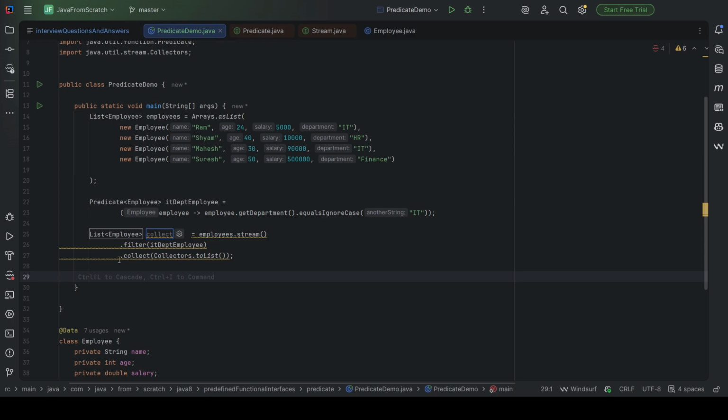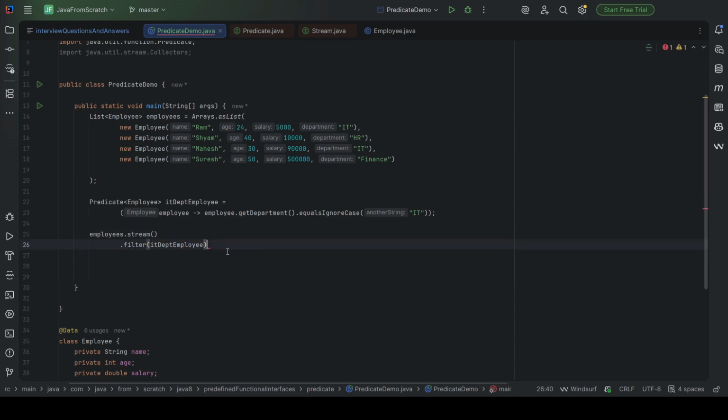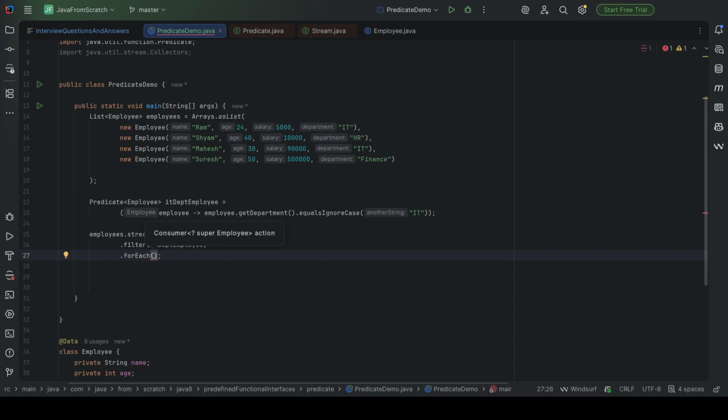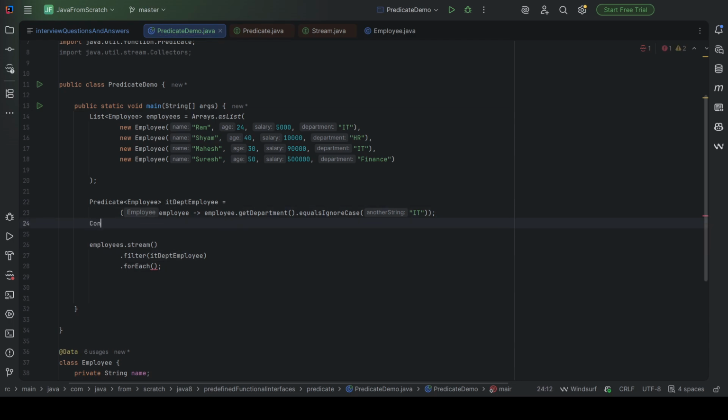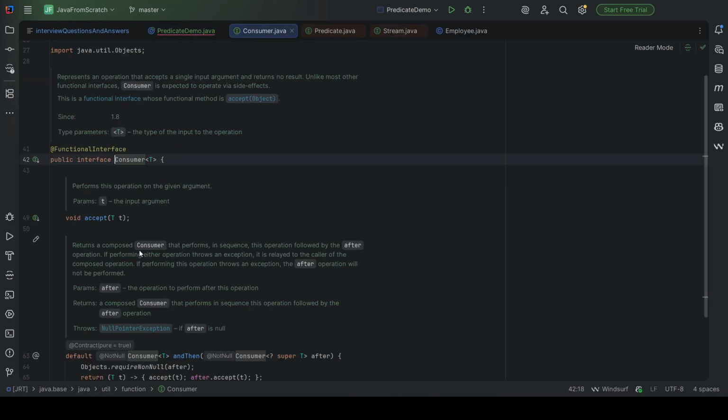Now we don't want to collect it. employees.stream().filter(...).forEach. forEach takes Consumer as an interface. And what does the Consumer interface have?